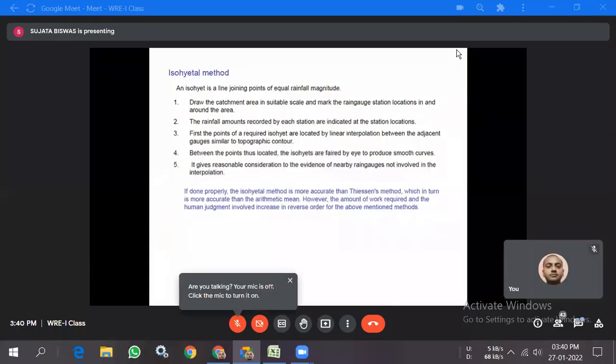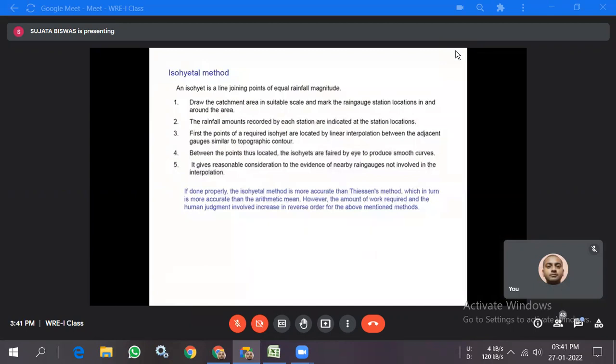Some of the steps have been given. First of all, we have to mark the rain gauge stations and also the surrounding catchment area, like in the Thiessen polygon method. Also, the rainfall magnitudes are given at the station locations. So we have to draw the isohyets